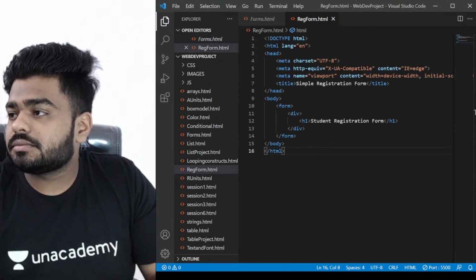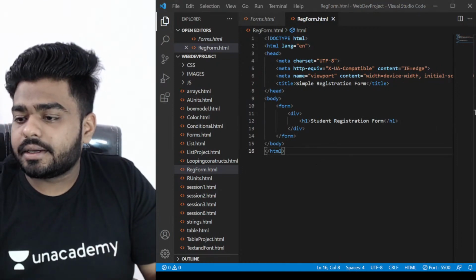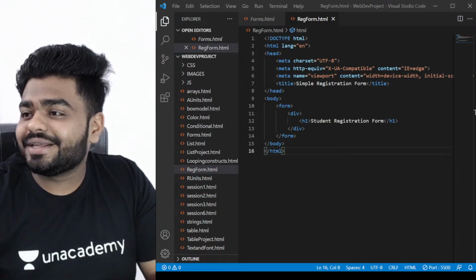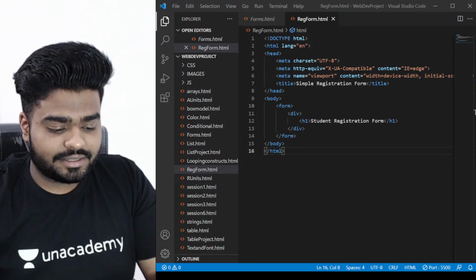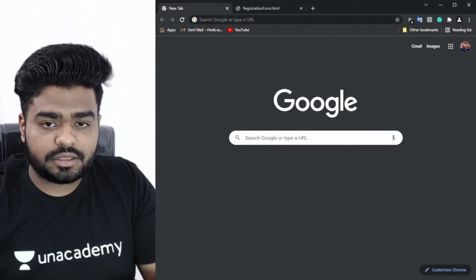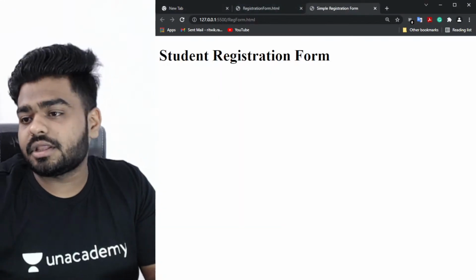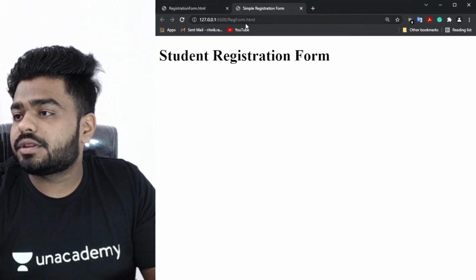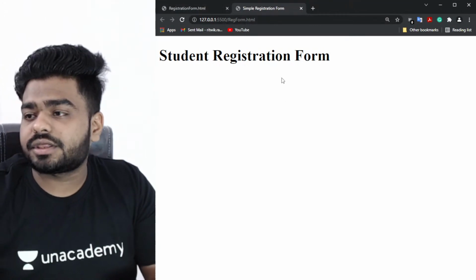First of all, let me show you how this looks. I was stuck because I was thinking how to bring this in. Let me run this particular thing, because I think I have not run this in the live server. Okay, now I think you can see this. So let me close this, and this is my live server. It shows